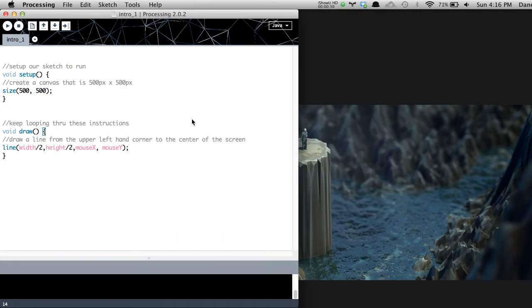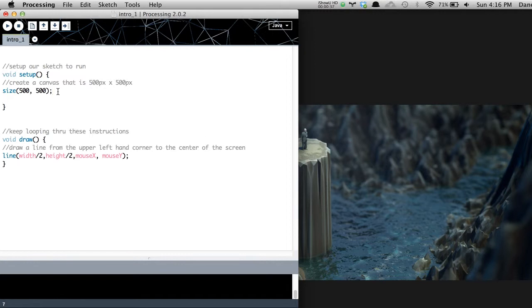Let's start with just a few keywords that we can add to setup. So right now we have size. Another one that we will use pretty frequently is smooth. And smooth is a simple command for dealing with the anti-aliasing, you know, the jagged lines that you have. So we'll go ahead and press play here